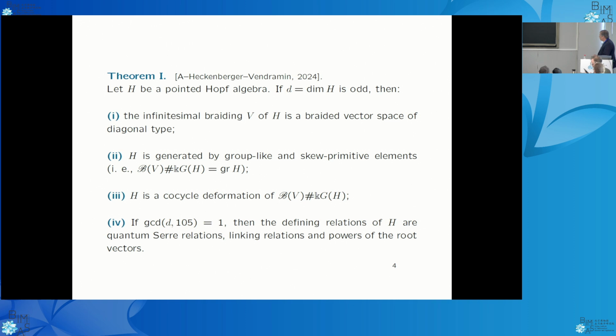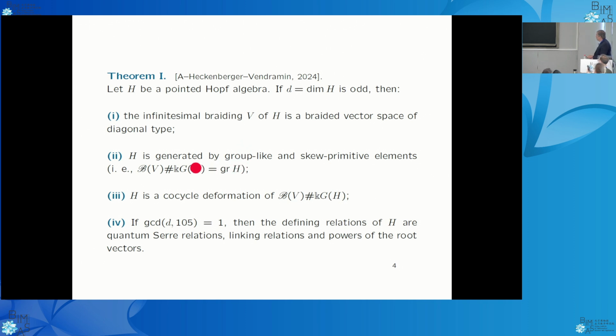Now, this result, recently we were able to extend it to the following theorem. First, suppose that you have a pointed Hopf algebra H which is finite dimensional, and assume that the dimension is odd. Then, first, the infinitesimal braiding B of H is a braided vector space of diagonal type. I will explain what this means later. Second,